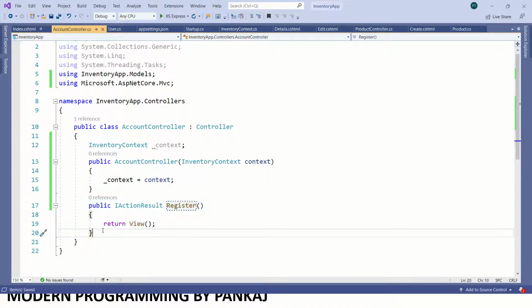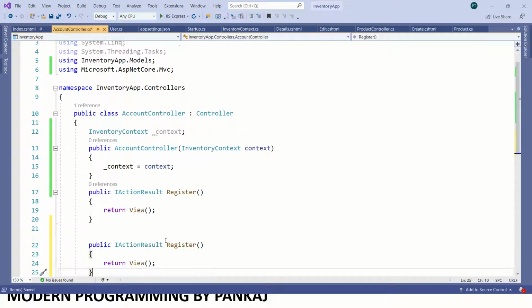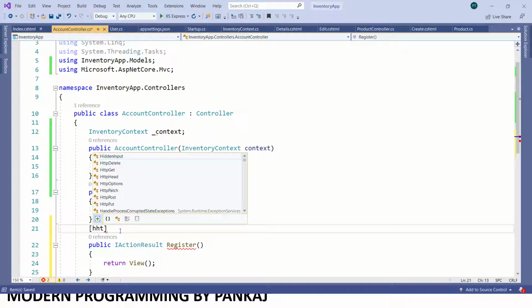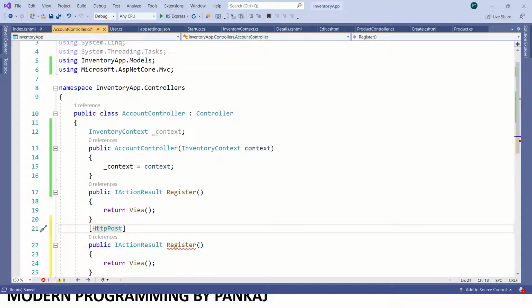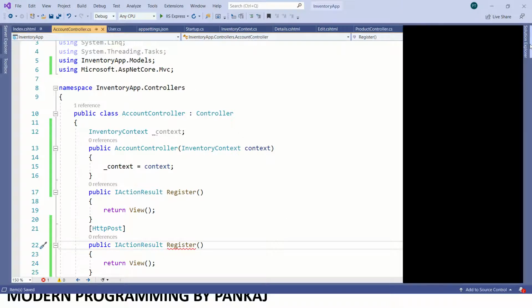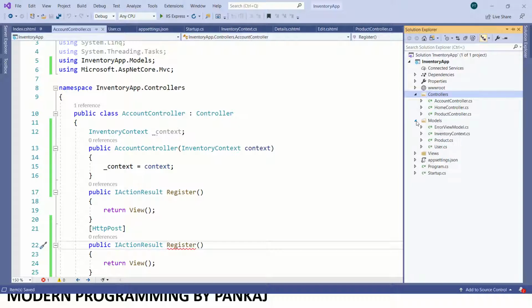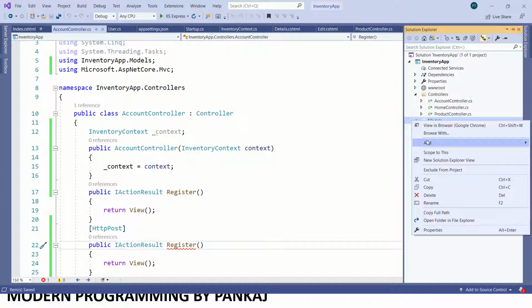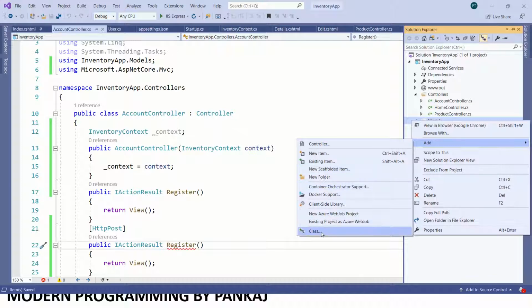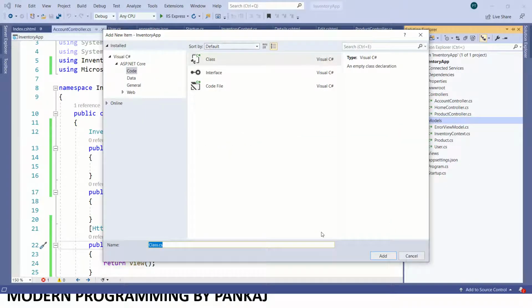Now I will do one more thing. I will create an HTTP post, and for that I need to add one more view model, because we should not use the same class which is used for database operations. So I will add one view model and give it a meaningful name, register view model.